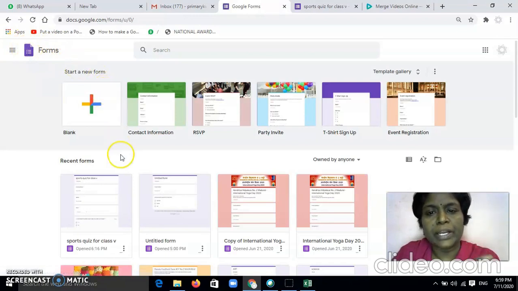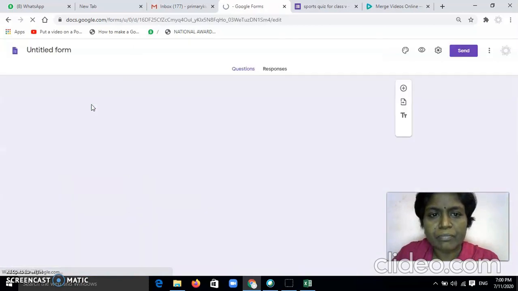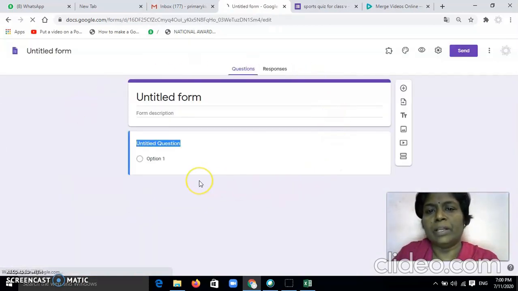Now I want to create a Google form. So this is my page where I have got all the Google Forms, and this is the one which I have already created and kept in my Google Drive. And if I want to create a new Google form, I must click on this plus. If I want to go to an existing Google form, I can click on any of these, right? Now I'm just going to tell you how to create a Google form. Just click on the plus symbol. A Google form will open, right?